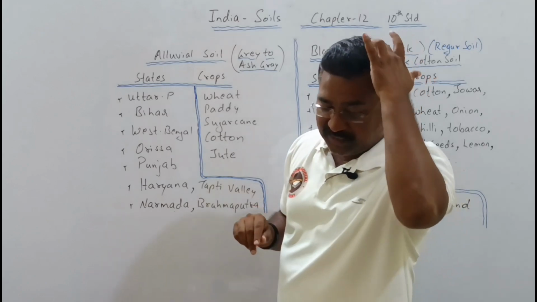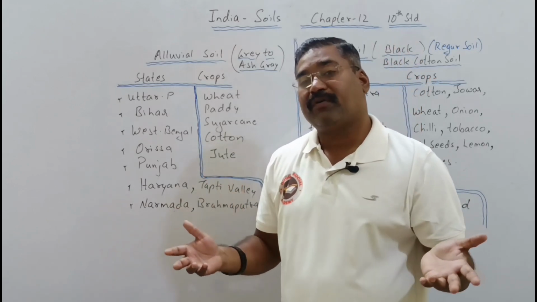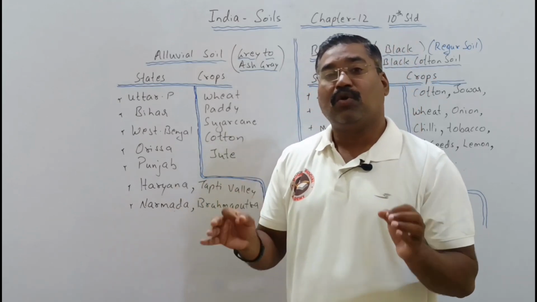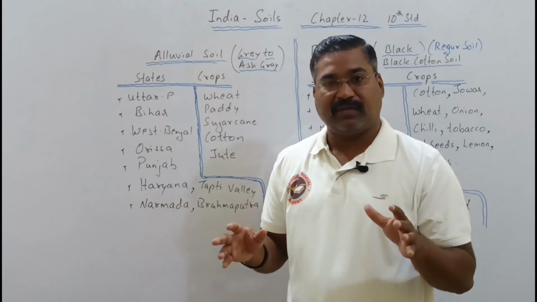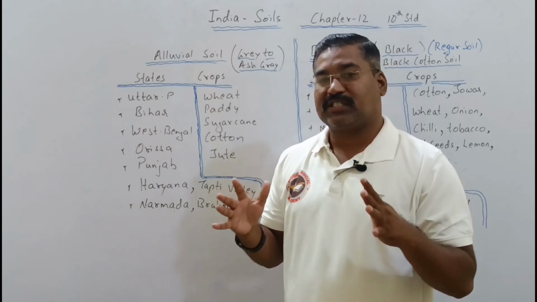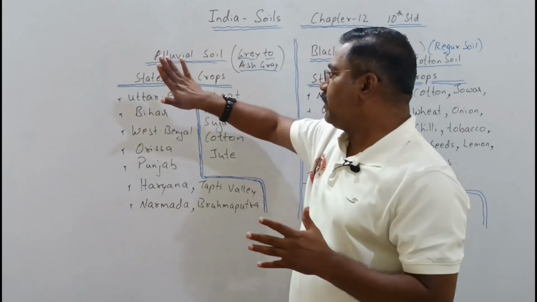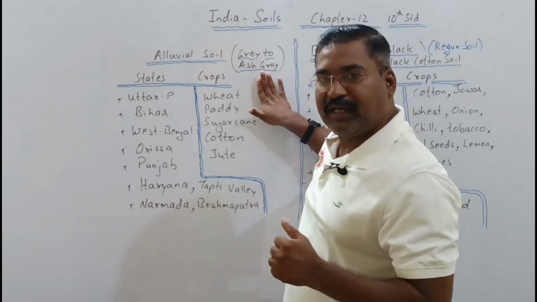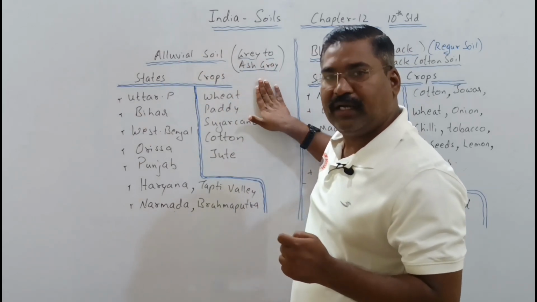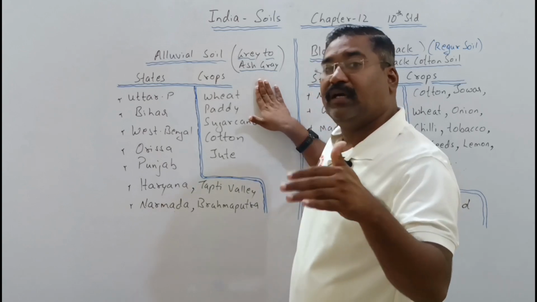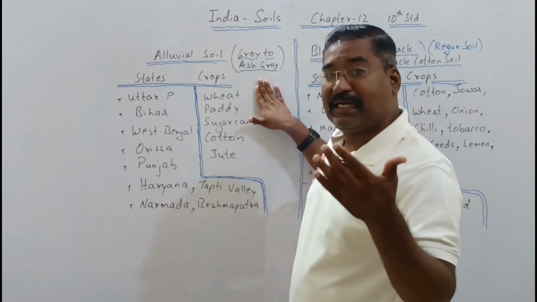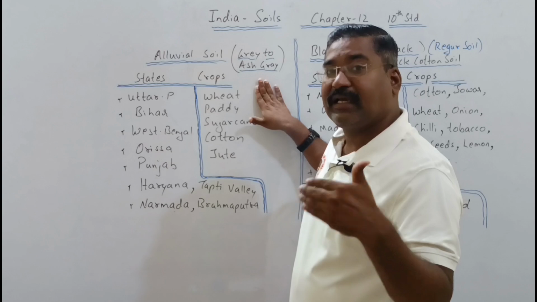So alluvial soil is very rich. Where do we find this? We find it in the lower areas, which consist of a huge amount of minerals within its body. So alluvial soil is one of the finest, richest soils compared to desert, laterite, red, black as well as